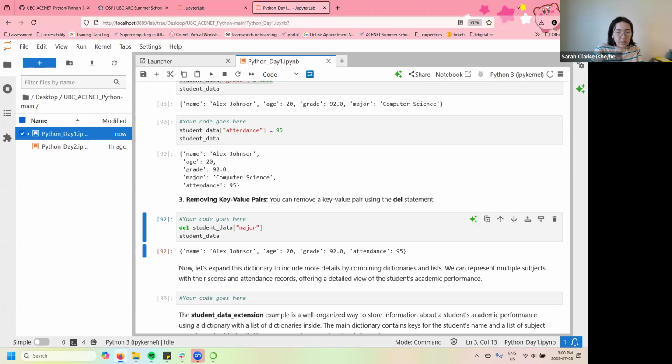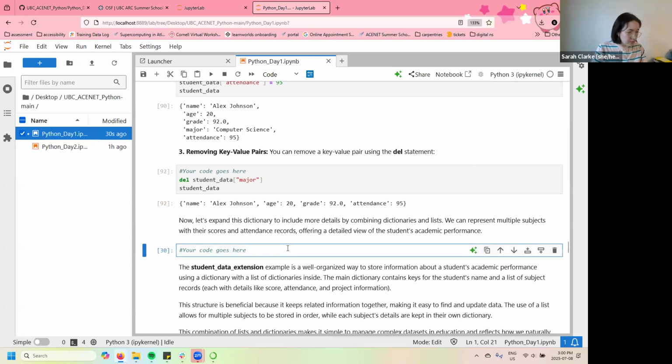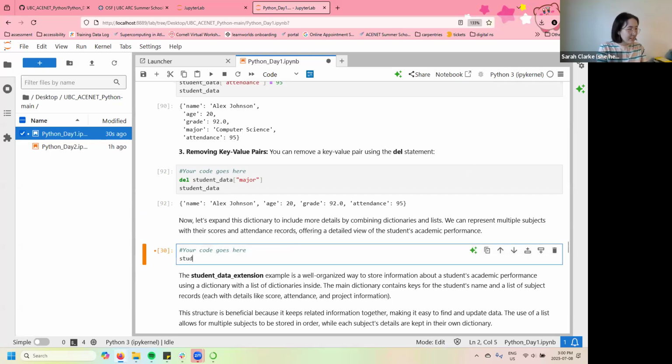So what we want to do now is expand this dictionary to include more details by combining dictionaries and lists. We could represent multiple subjects with their scores and attendance records to get a more detailed view of this student's academic performance. This is where the flexibility of Python really comes in. So we'll start a new dictionary where one of the entries is actually a list of dictionaries. This one will be a lot of typing. So we'll go student_data_extension